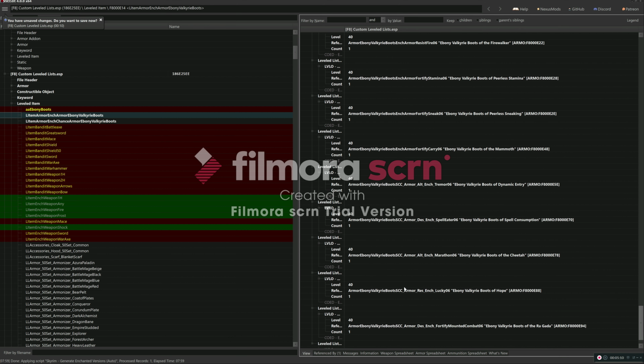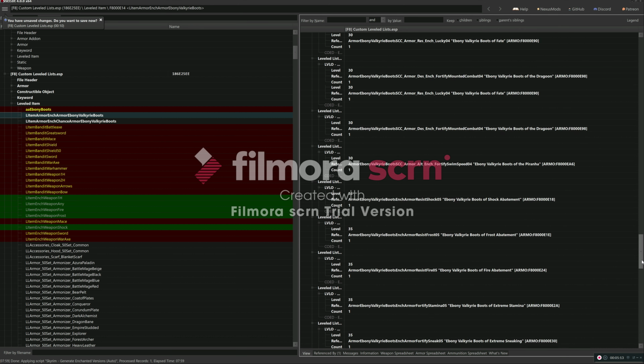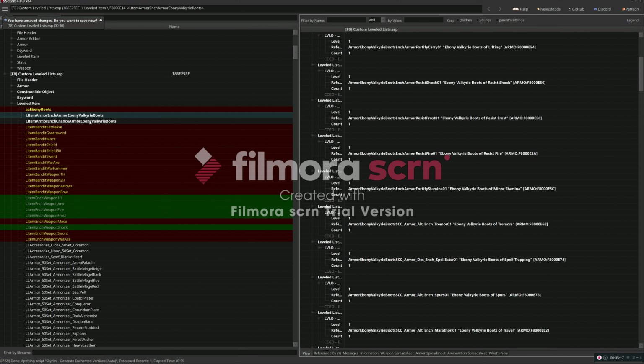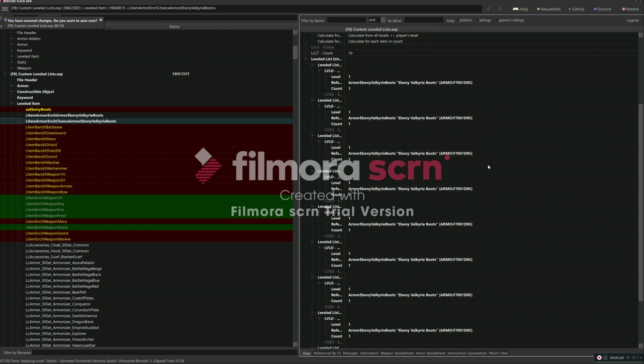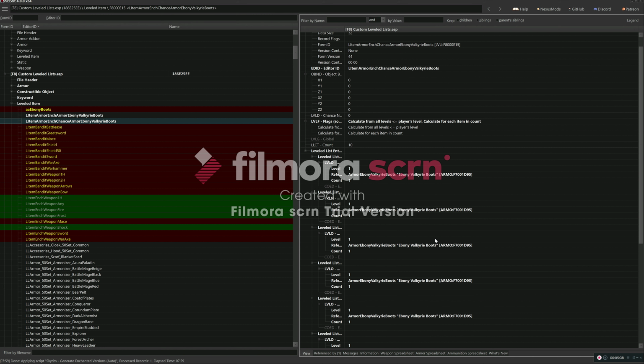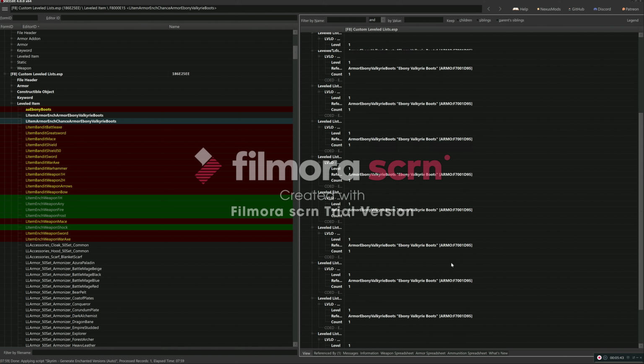Those are the defaults that can be changed if that is something that you're interested in. But I think it's a pretty fair distribution of the items. So this is the percent chance leveled list, and basically all this is, it's 9 copies of the original item and then 1 copy of the enchanted leveled list. So you have a 10% chance to get any of the items in the leveled list that you are a level to get. So it's organized correctly, the flags are set correctly, and at the very end, what it will